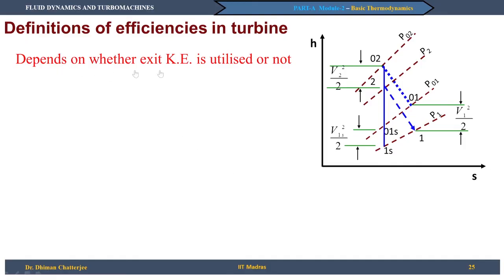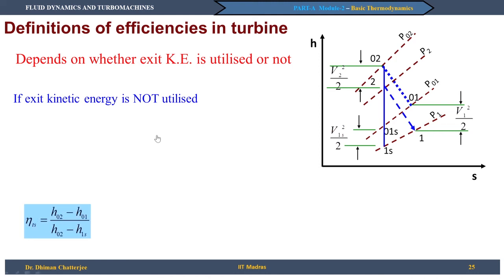The next question is what if it is not utilized. If the kinetic energy is not utilized, like in a land based gas turbine, where in the last stage I would have liked the fluid to leave without any kinetic energy, but that is not possible. That means some energy has not been extracted from the fluid, and that means our efficiency should be noted differently,